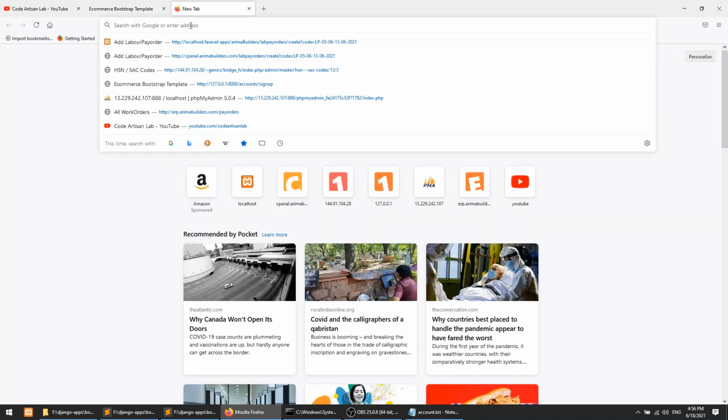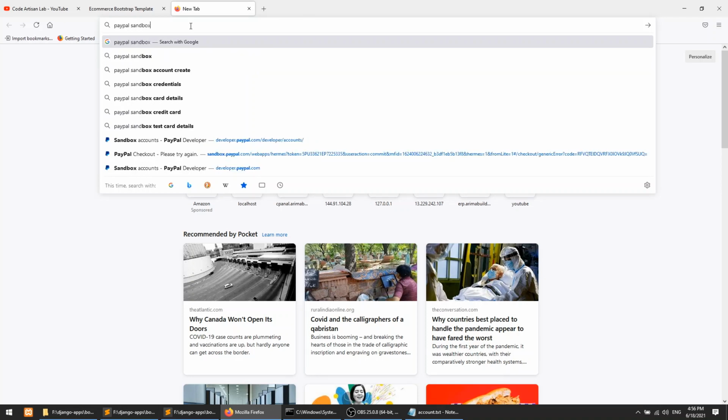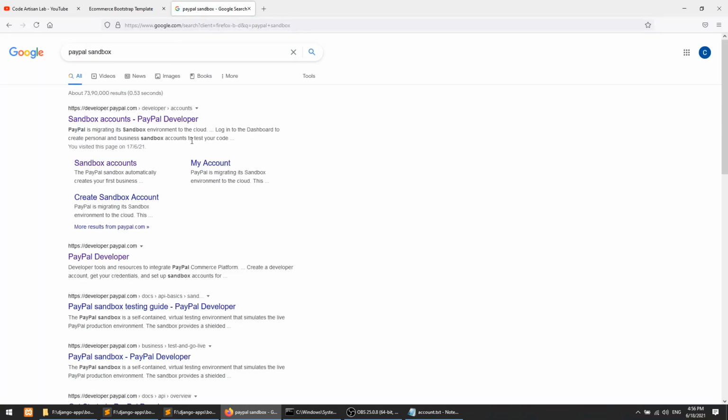So you can create the PayPal sandbox account. You can simply search PayPal sandbox. For creating the sandbox account you need an individual account.